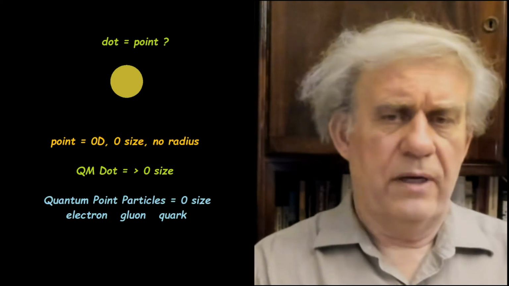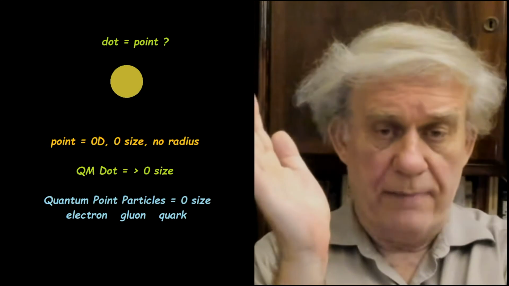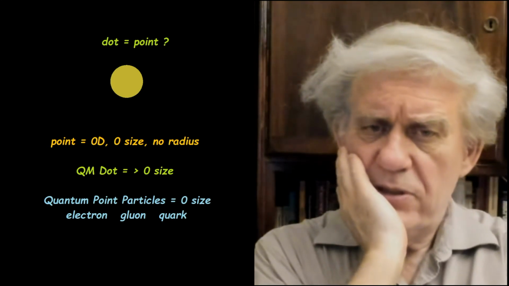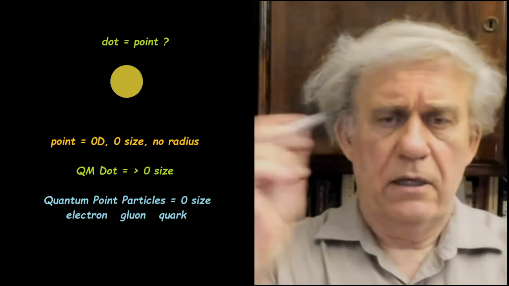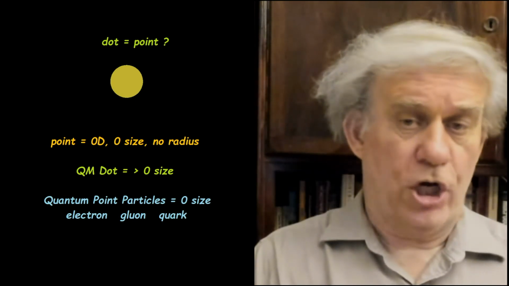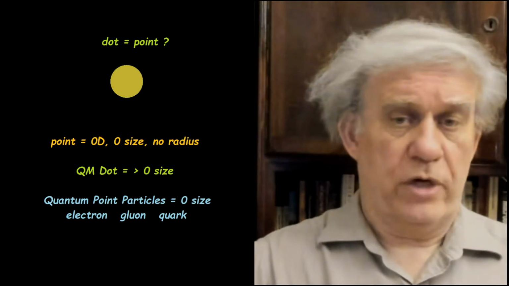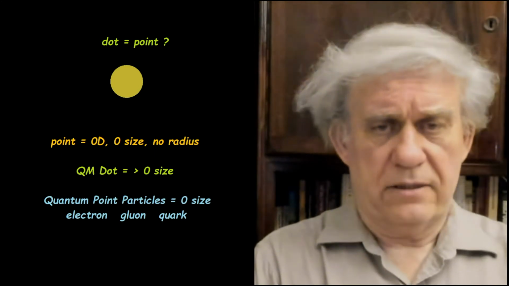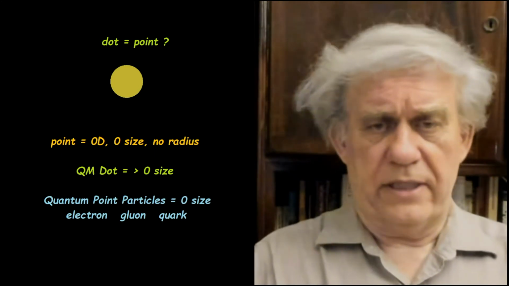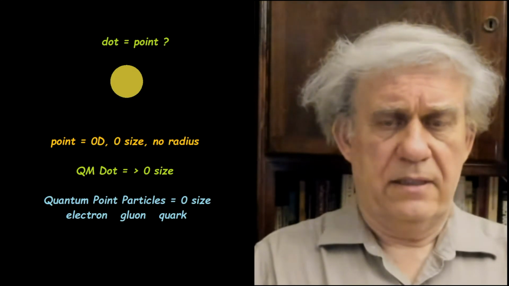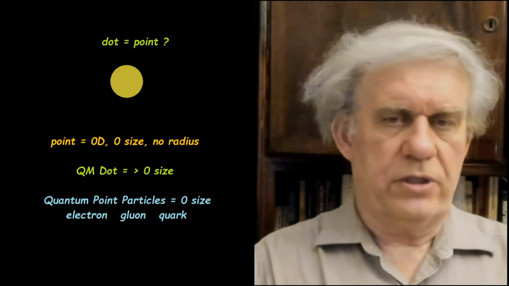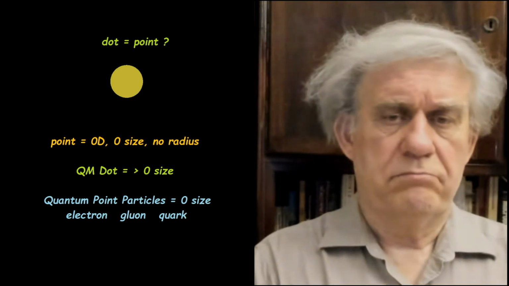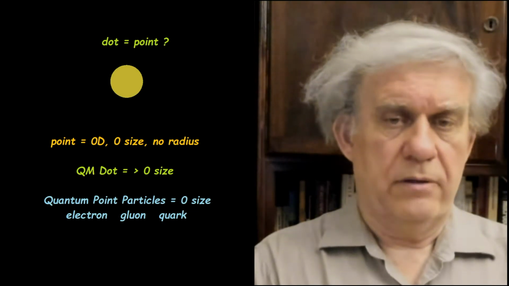After all, whenever someone says in geometry, mathematics, whatever, they say, what is a point? And they take the pen, and they hit the paper or they hit the chalk on the board or maybe a crayon against a piece of carton there, and they'll say that's a dot. Well, there you see a dot. Is that the point? And the point is a dot? Well, there is a difference, because the geometric point, as we've covered it recently, is zero dimensional. It's zero size, no radius, no nothing. That's what the point is.